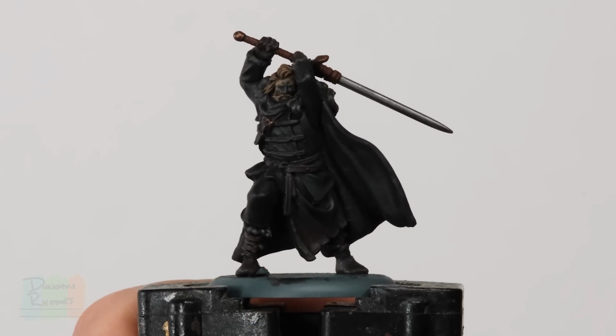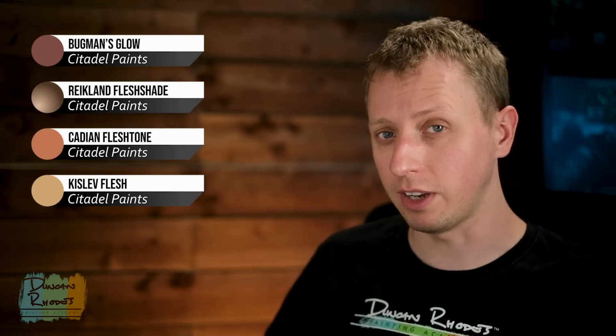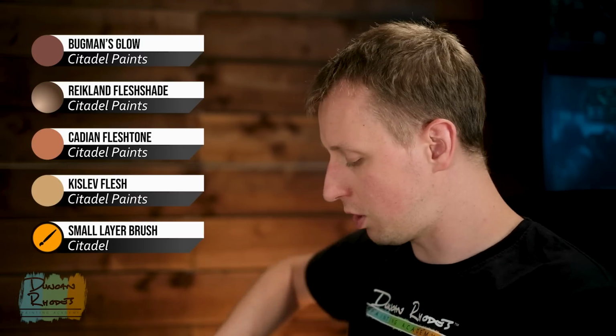And with that wash now applied, we can move on to painting the miniature's skin. And for this, we're going to start out with the base coat of Bugman's Glow before moving on to washing over it with Reikland Fleshshade. And once this is dry, we'll apply a layer of Cadian Fleshtone before finishing off with a highlight of Kislev Flesh. So first of all, we need that base coat of Bugman's Glow, and this time I'm going to use